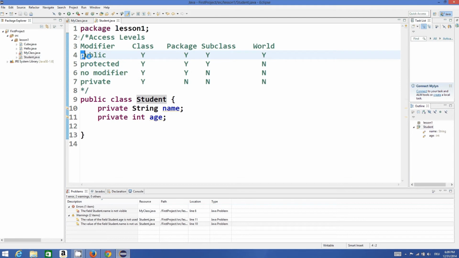Whenever you declare your variable as public, it's visible everywhere: in your class, package, subclass, or anywhere else. If you declare your variable as private, it's only visible in your class and nowhere else. Okay, n means no here and y means yes here. And it's good practice to make your variable private so that anybody else does not have direct